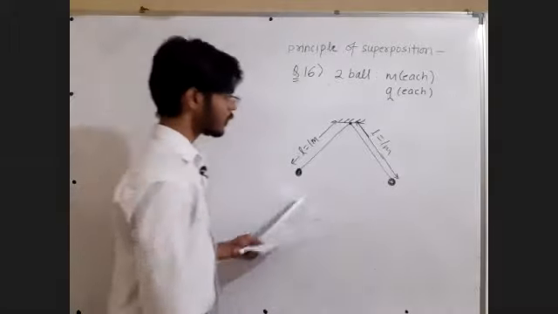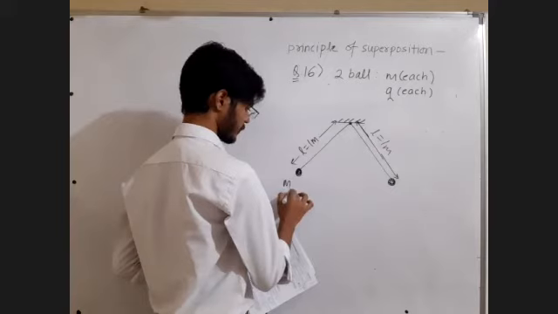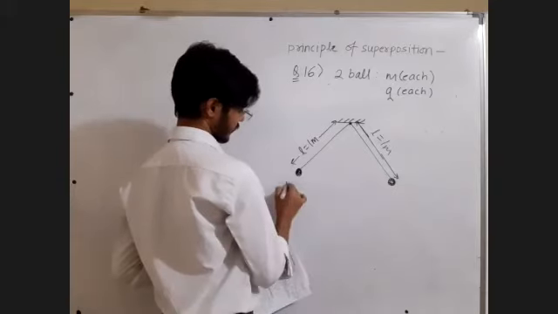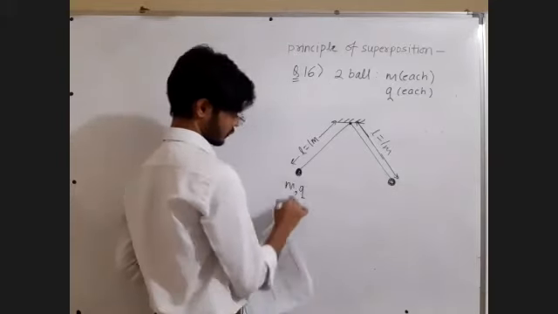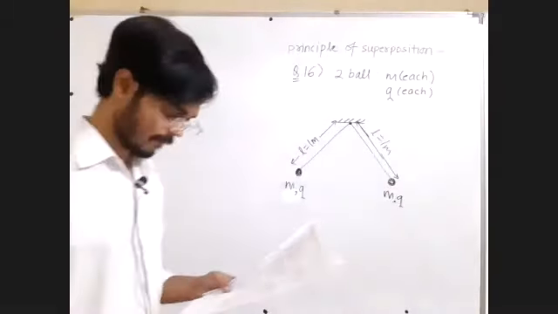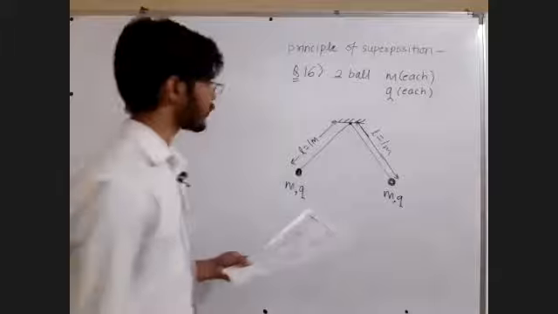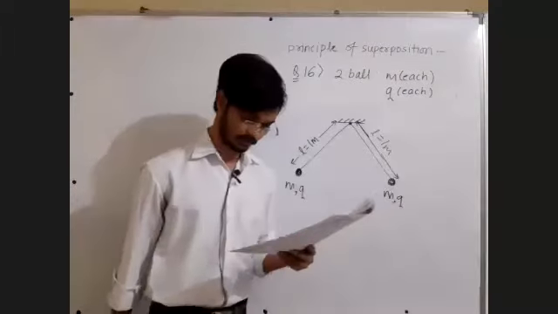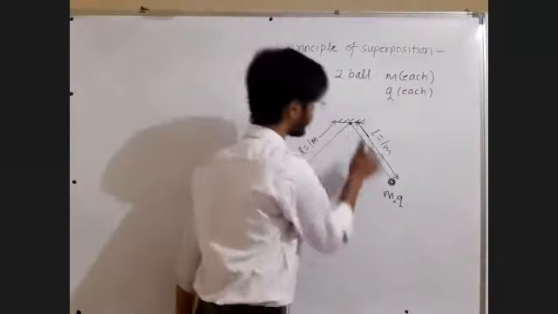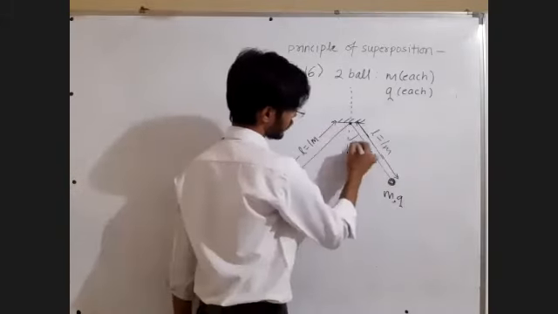Now this ball has mass equal to m and charge q. Let us write it here. We'll draw the diagram again if required. Mass m, charge q, mass m, charge q. Just keep on writing along with me. Then find the expression for the angle theta. Find the expression means the formula for the angle theta made by any of the strings with the vertical.